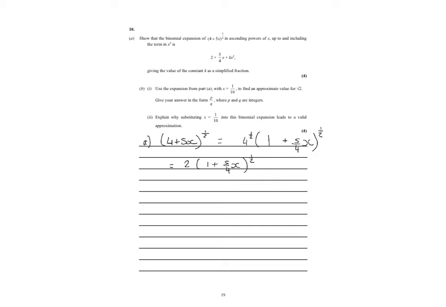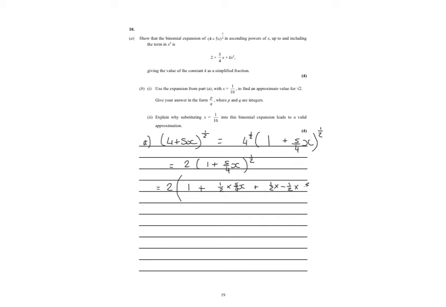We're going to expand 1 plus 5 over 4x to the power of a half. So for that, we have 2 brackets, the whole of the expansion. It starts with just 1, and then we do a half times 5 over 4x all over 1 factorial, which is just this. Plus then it's a half times a half minus 1, which is minus a half,